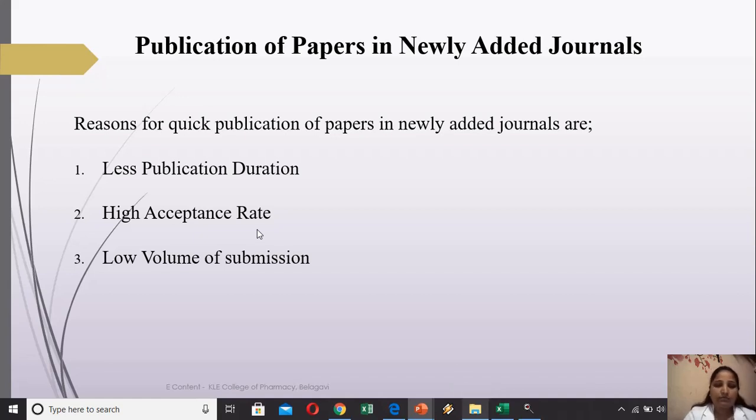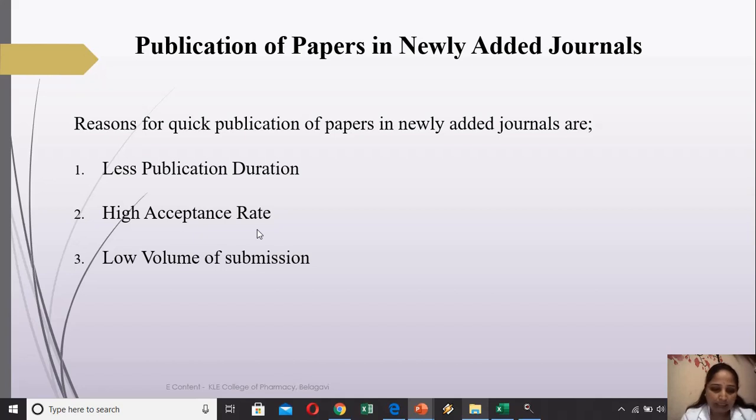Why will the acceptance rate be high in these journals? When they are indexed in Scopus, they need to maintain their journal metrics. If they do not maintain these metrics, they may be discontinued from Scopus indexing.